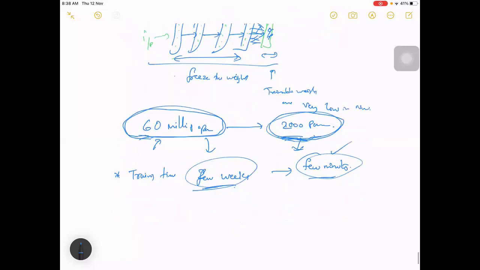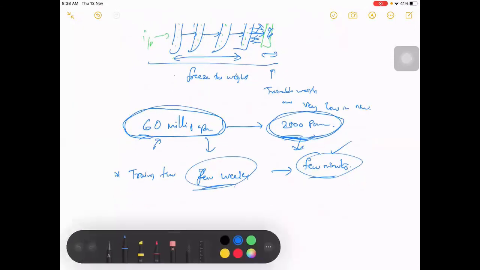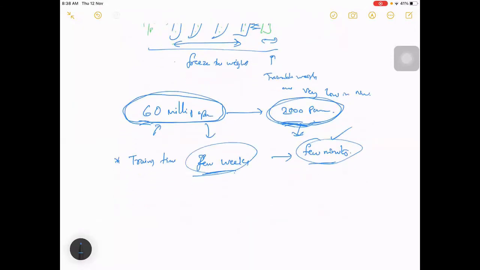What you can do then is start tuning these weights. If the performance is not satisfactory, start unfreezing the last layers.